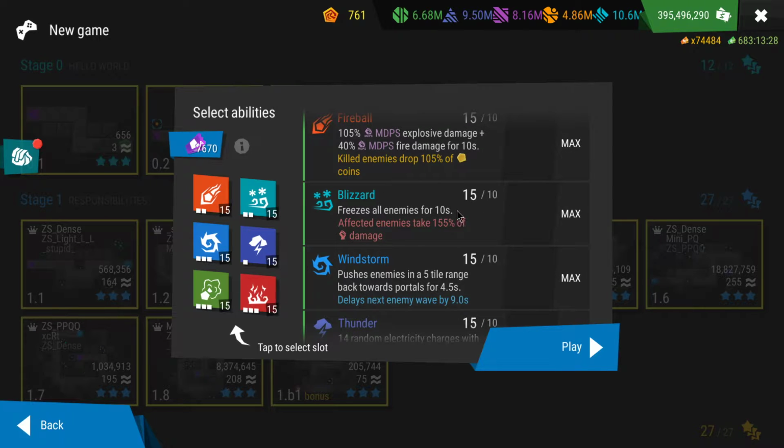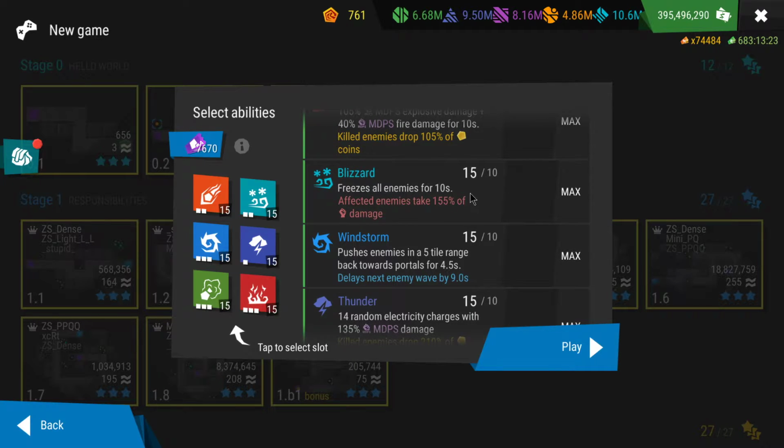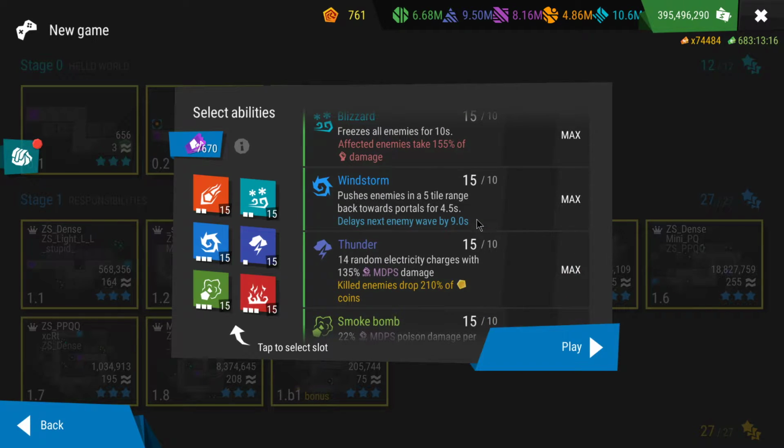Second ability is Blizzard. It's gonna just freeze all the enemies in the screen for a certain time. That depends on research, and the affected enemies are gonna take 55% more damage. Windstorm. Before the 1.8 patch, this ability was global. Now, unfortunately, it just